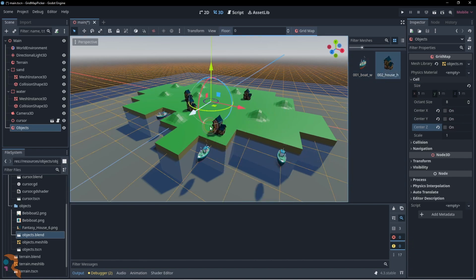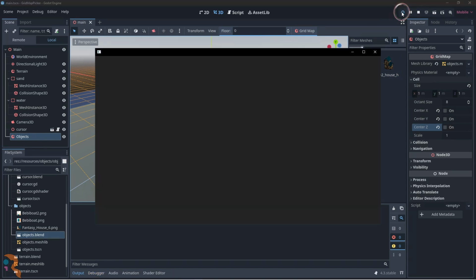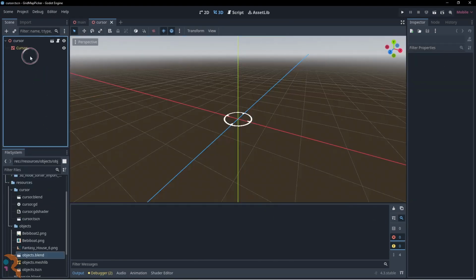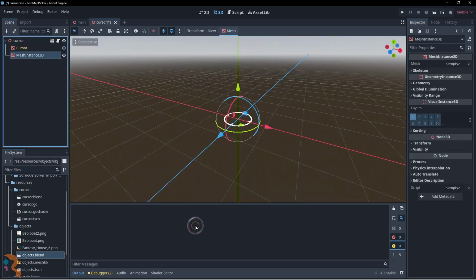The object grid map is also ready. We can use even more meshes, because the cursor will use the mesh lib indices to pick up the objects